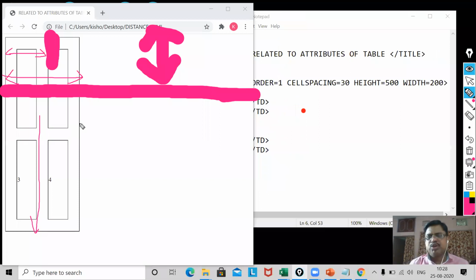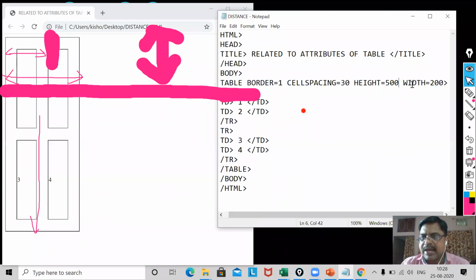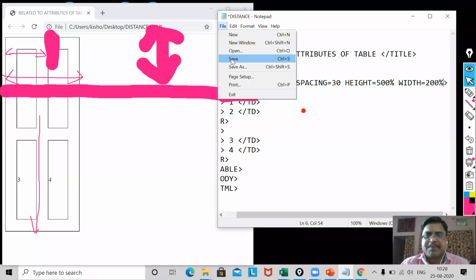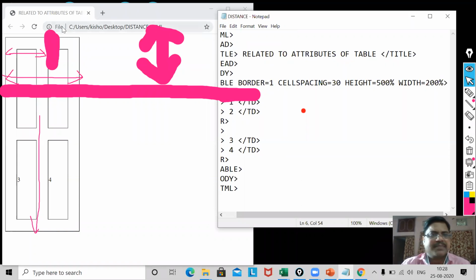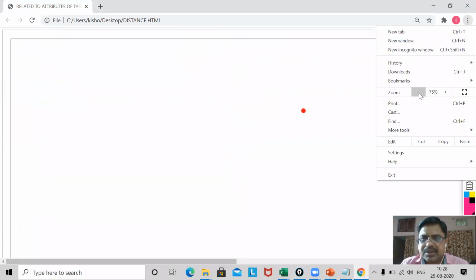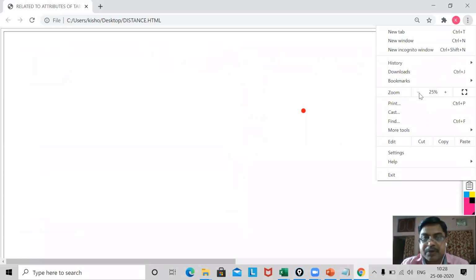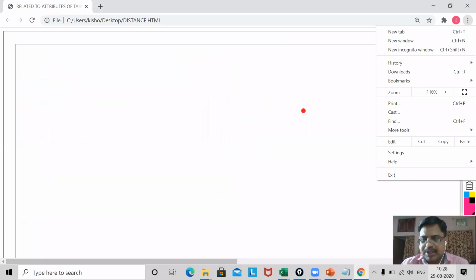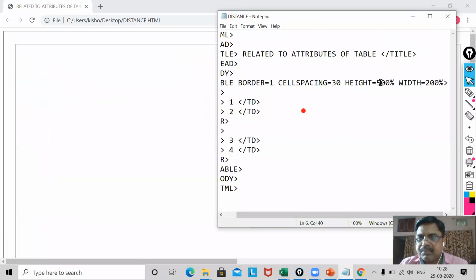So how do you want to do it, my dear? Listen, one more thing. You can use the percentage also. You see, instead of this, you can use percentage, but percentage will be more, my dear. I can specify percentage, but it's my humble request, use the pixels. Now see, very big, very big. Let me just minimize it. You see, it is very big, my dear. Even when I'm using 25, it is very big. You can see.